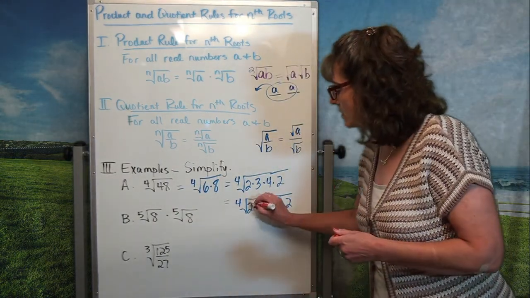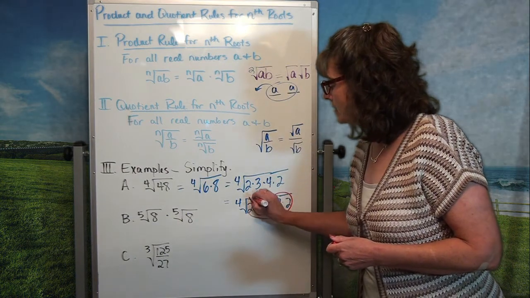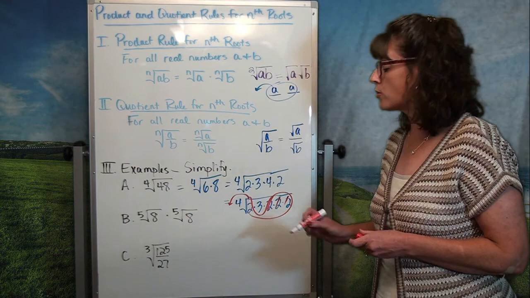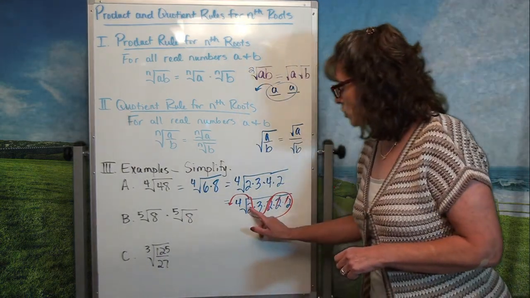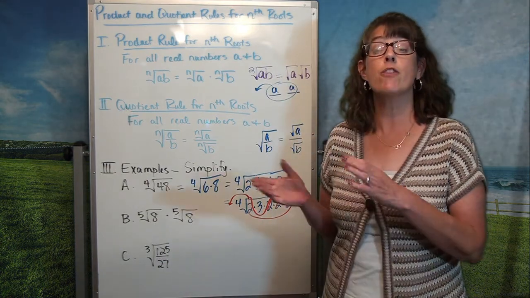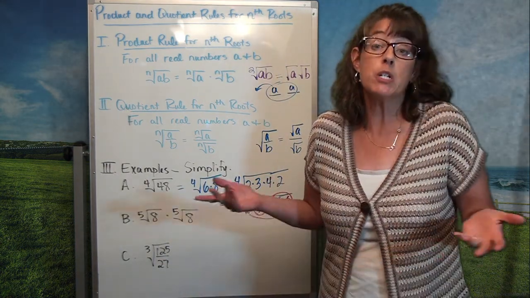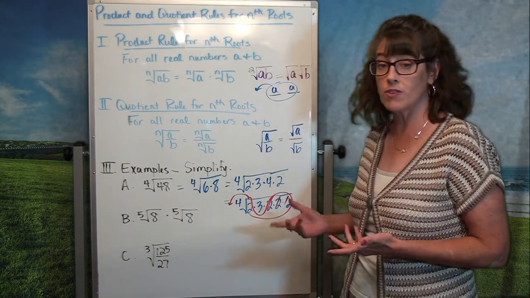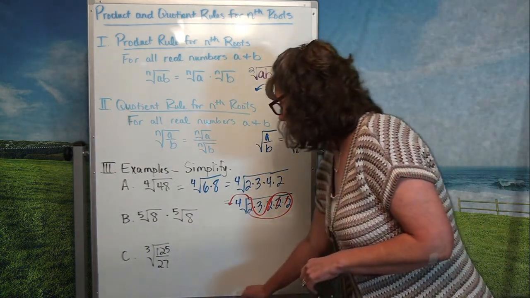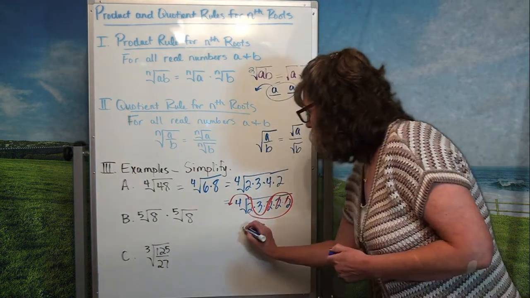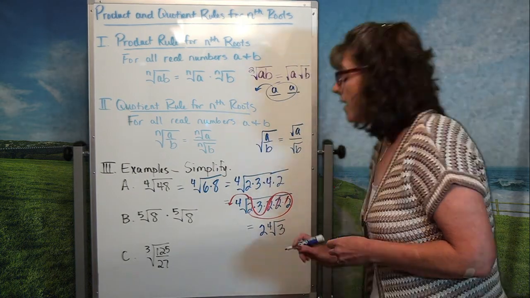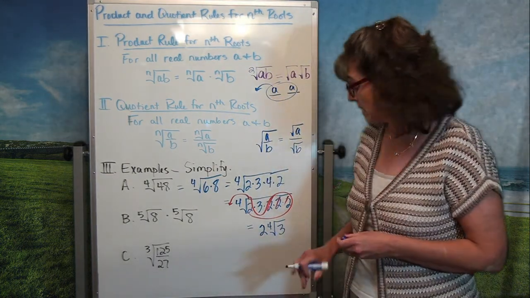So when I have a set of 4, like I said, what happens is I take one out and it dissolves the other 3. Because 2 times 2 is 4, 4 times 2 is 8, 8 times 2 is 16, and the 4th root of 16 would be 2, because that's what it took to create the 16, 4 2's. So I'm going to, like I said, take one out, dissolve the others, and that will give me 2 on the outside, 3 underneath, and that is as simple as it will get,